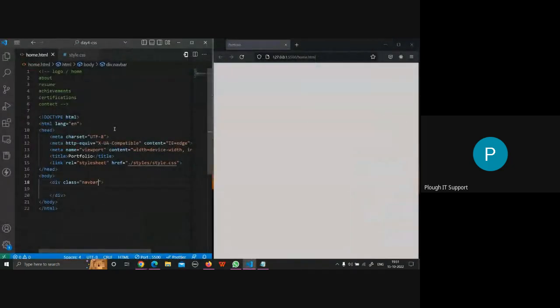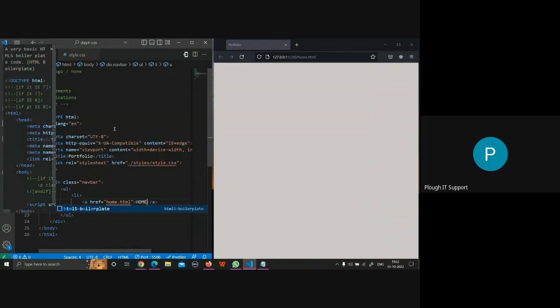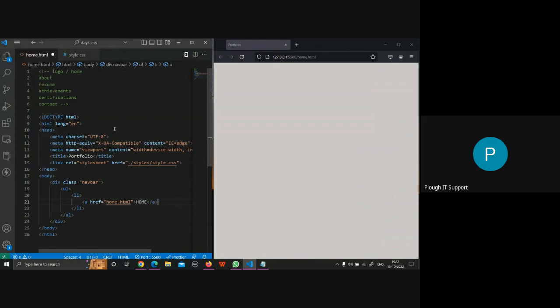So let's create our own navbar. I'm giving it a class because we will be doing some styling for this navbar. Because there is a list of items to be displayed here, like resume, achievements, certifications, contact, and all kinds of things, let me use an ordered list, and in that I have to put an a tag. Home.html. In this, I have to place home, and then in the next li, I have to keep